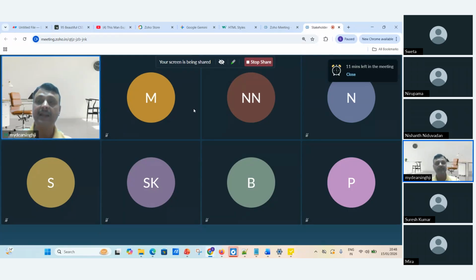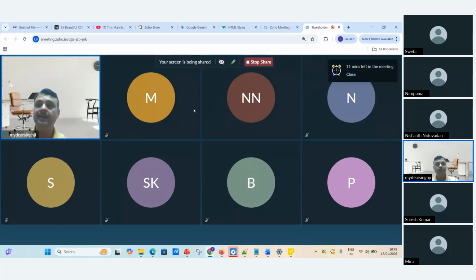Second is parametric. In parametric, we are checking with the numbers. Like, this project has been completed in 6 months, and similarly a project comes, I'll just make this 7 months or 8 months. Some number will be there in the parametric estimation. This is also not highly secure, not highly recommended, because it can go here and there.